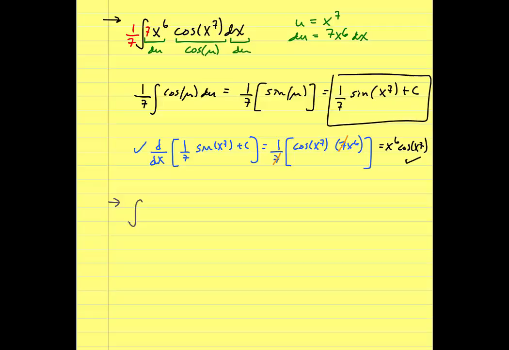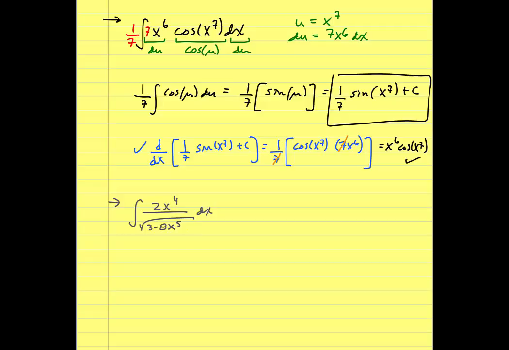So we've looked at a few functions. We've looked at some trig functions. We've looked at compensating for a missing coefficient. Let's go ahead and look at another one that's getting a little bit more complicated. And again, you always try and look for the base function that I can take the derivative of to work from there. Now this is no power rule is going to help us out here,